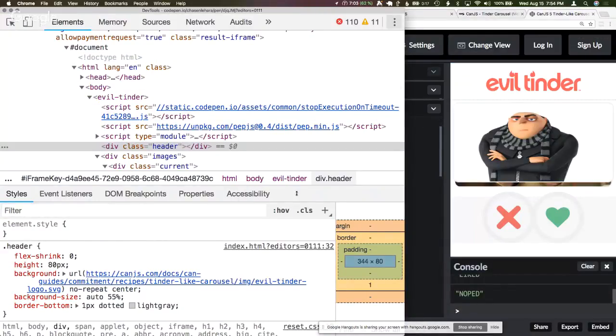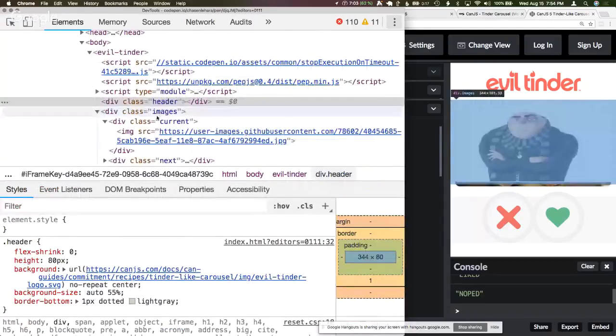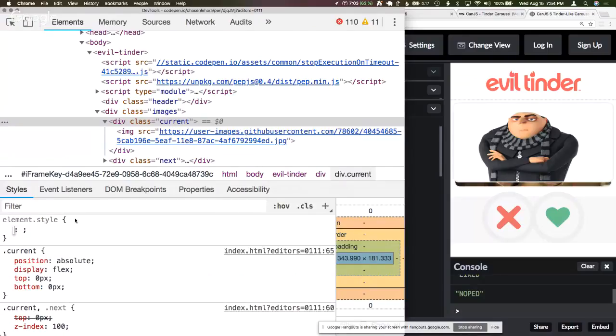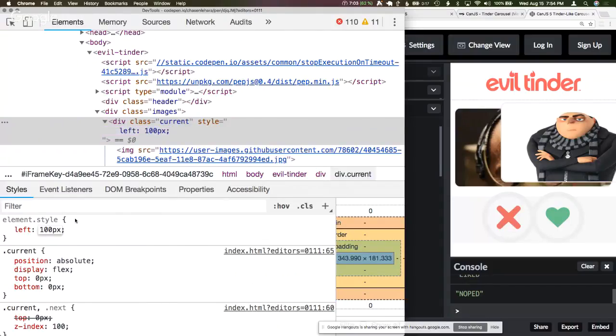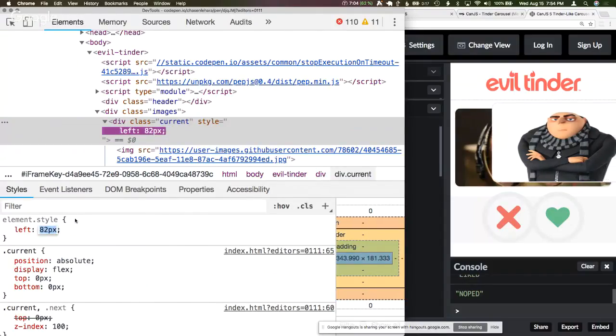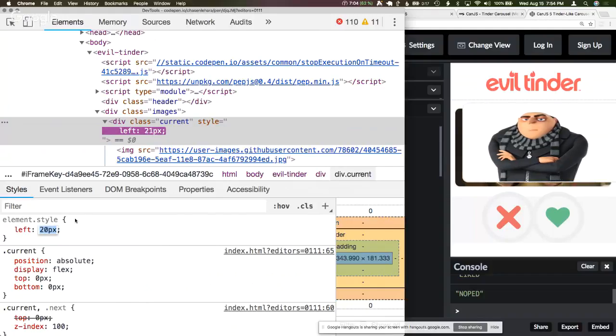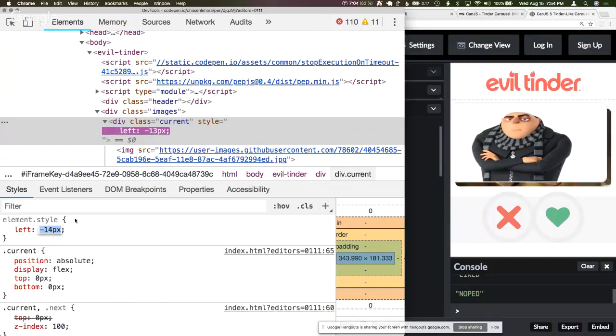Okay, so this is the same as saying this div that you can kind of see on the right is highlighting the current image. So this div is what we want to manipulate to move back and forth. So if we give it a left of 100 pixels, you can see that it'll jump that way. And then as we change this value, that's how we can have the image be moving. And if we go into negative values, it's the same as swiping left. So positive and negative values are all allowed here. So we want to do this except with JavaScript, and we want to be able to have that actually track